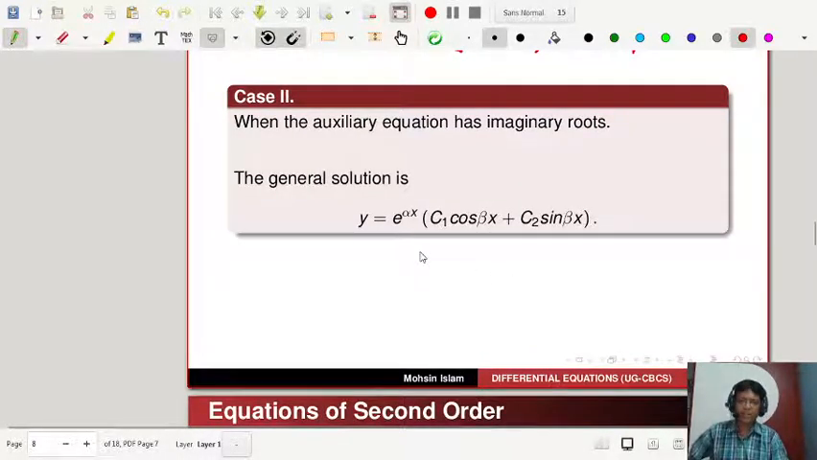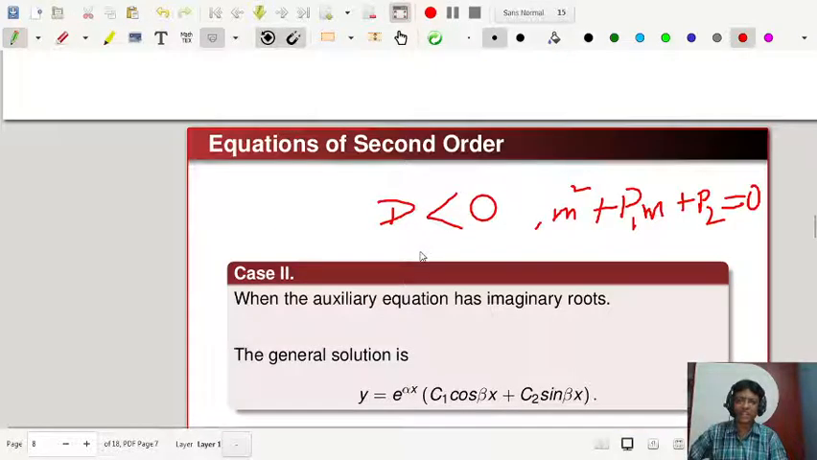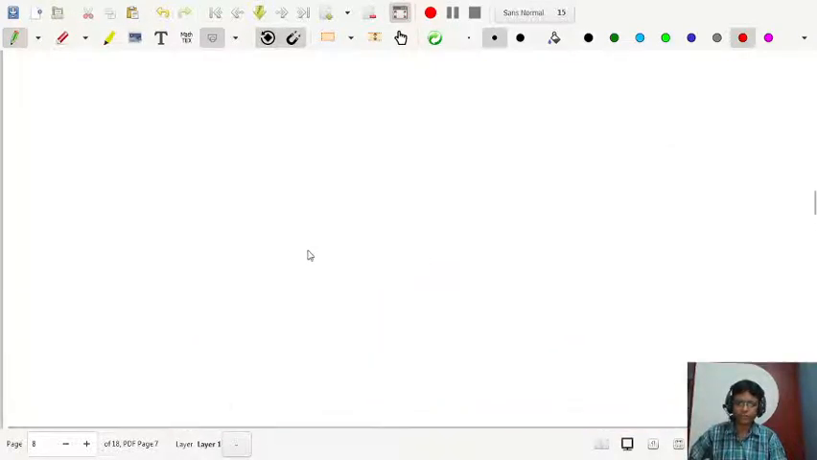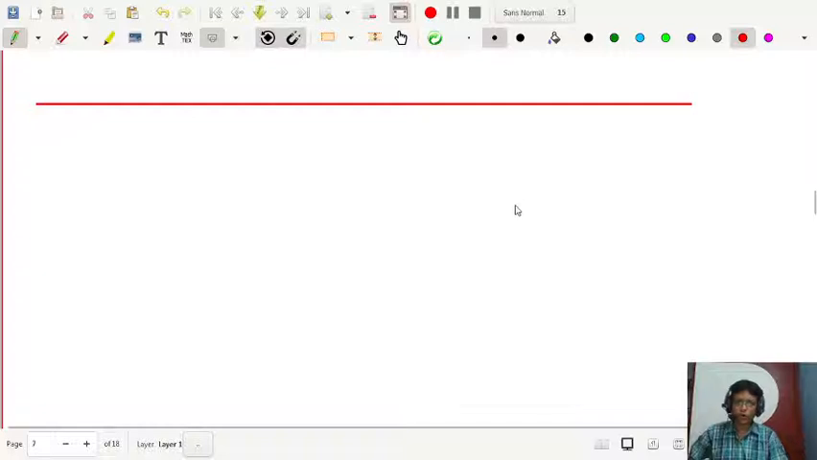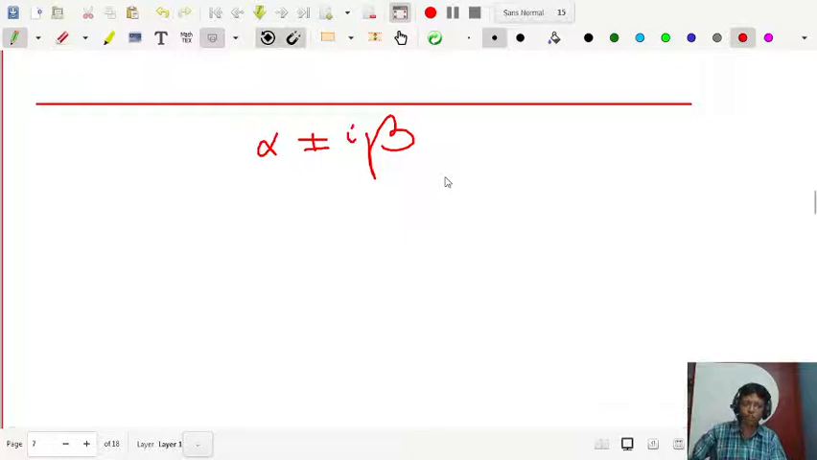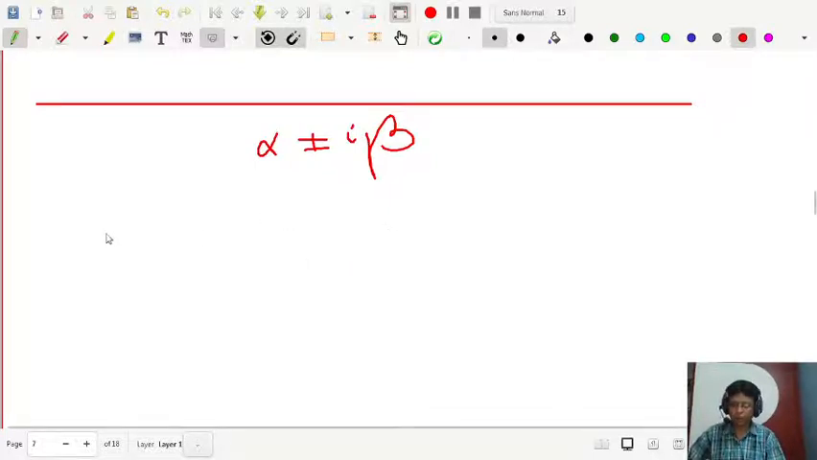So let us find out. Let us see in our calculation. If you have complex or imaginary roots, then the roots are of the type alpha plus minus i beta. You know from the theory of equations that imaginary roots always occur in pairs, right? If the coefficients of the quadratic equation are real, then the general solution is given by, from the previous